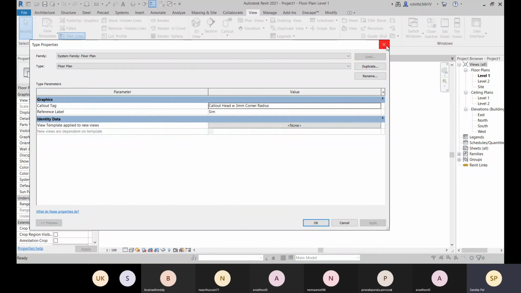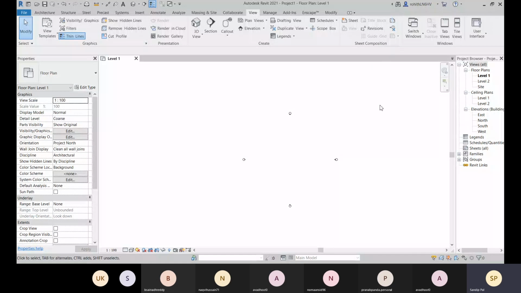Earlier I have already mentioned that each component in Revit is a family. Right now, just know that each component, each element in Revit is a family. And we have some types of families.